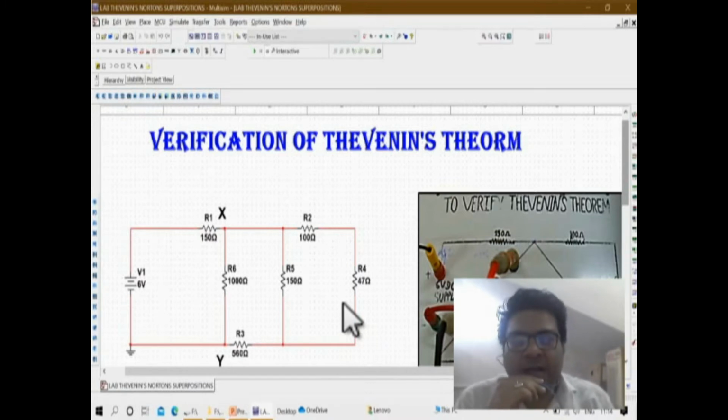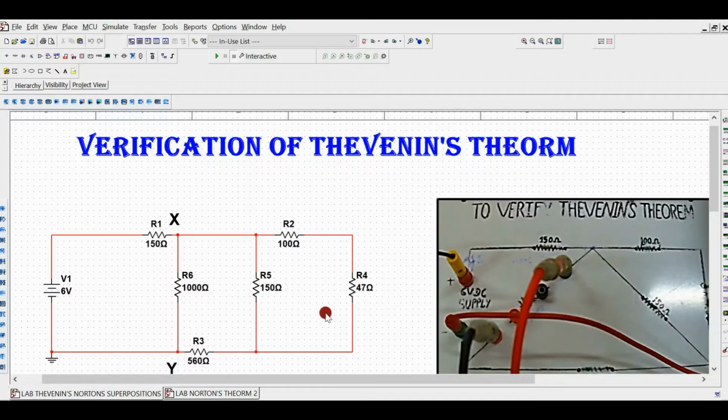So guys, now I have all the answers of this circuit. I have solved this circuit, and I got the answer. And then guys, now I have prepared the circuit diagram, and let's start verification of Thevenin's theorem and Norton's theorem. So guys, this is the circuit diagram of Thevenin's theorem I already constructed, prepared for you. So today we are going to verify Thevenin's theorem in this Multisim software.